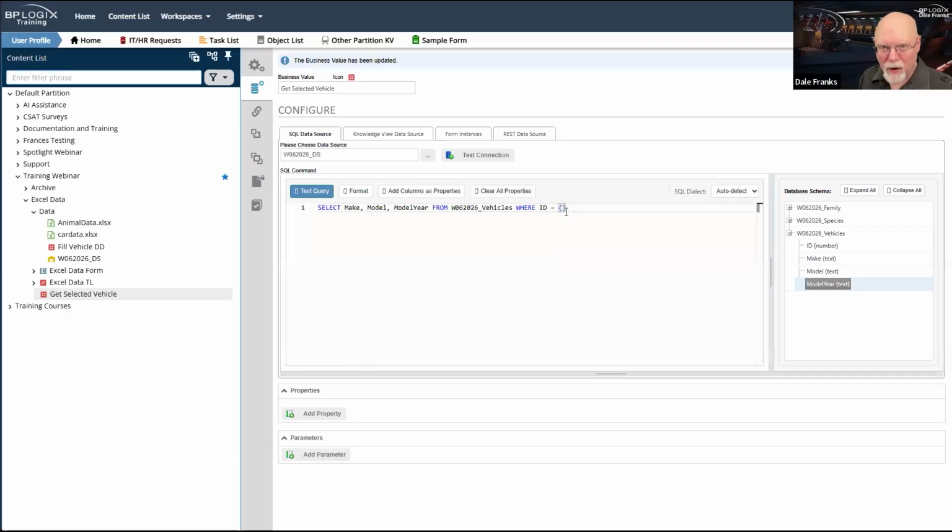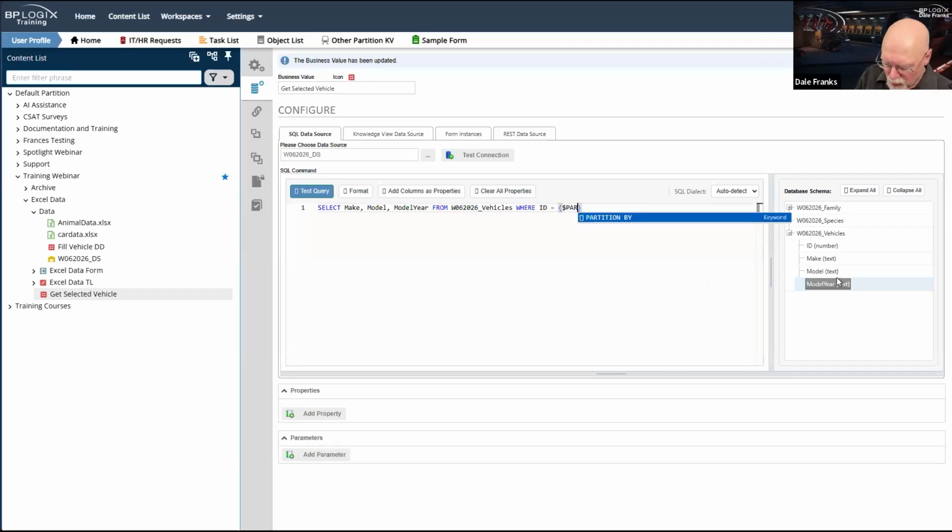We're going to make a system variable. There is a parameter system variable. Now, I do need to be sure that whenever I am creating any parameter in any business value, I throw the $ in as the very first character. That creates a SQL safe encoding for whatever value gets passed to it. We want to ensure that people can't inject bad things into our SQL. So we're always going to use that $ SQL parameter.